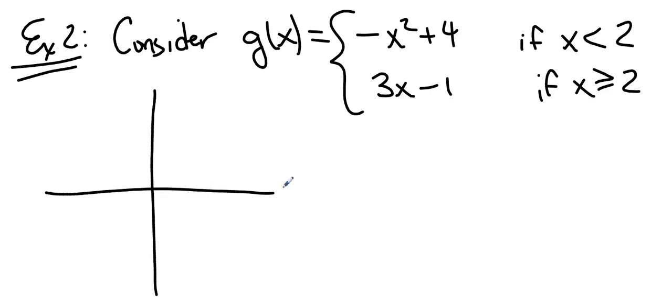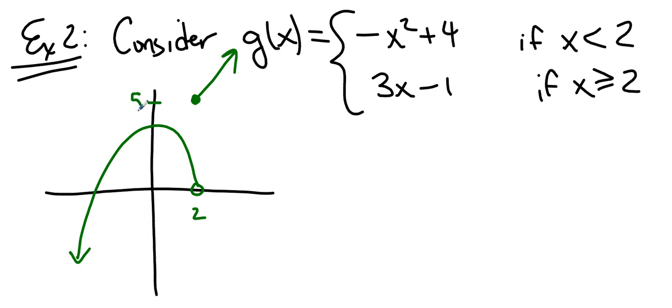And so this scenario plays out like so. As x approaches 2, we notice that g of 2 is defined. g of 2 is this number 5. So g of 2 does equal 5,